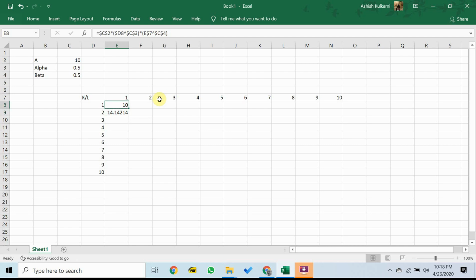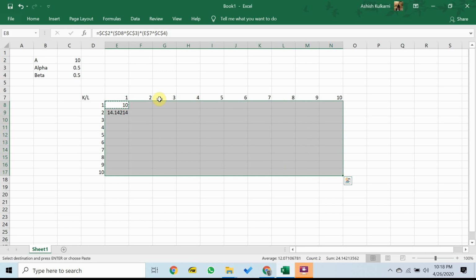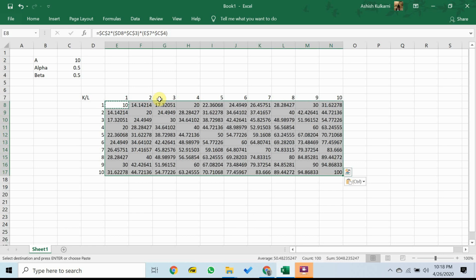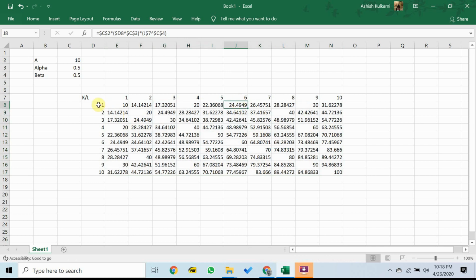Now, because I have edited this particular formula so carefully, the magical part is I can copy this, select the entire table, and I filled out all the outputs possible under a given Cobb-Douglas production function. If I were to combine one machine with 6 cooks, I can make 24 plates of Hakka noodles. Similarly, if I combine one cook with 6 machines, I get 24.49 Hakka noodles.